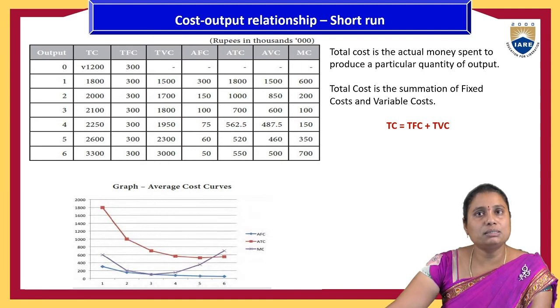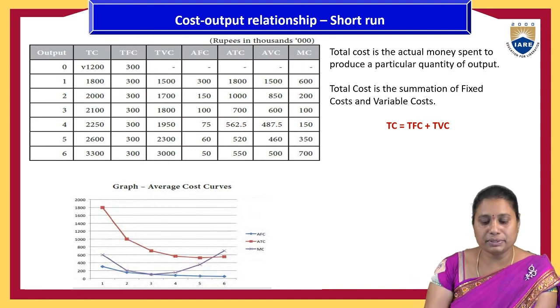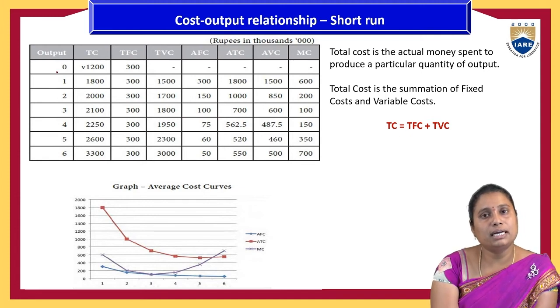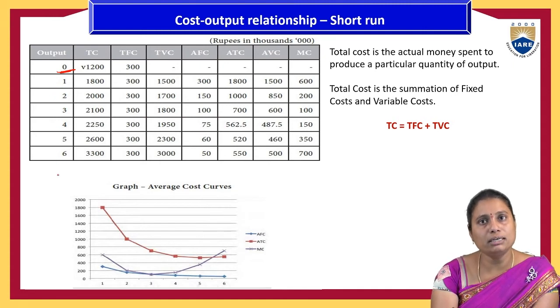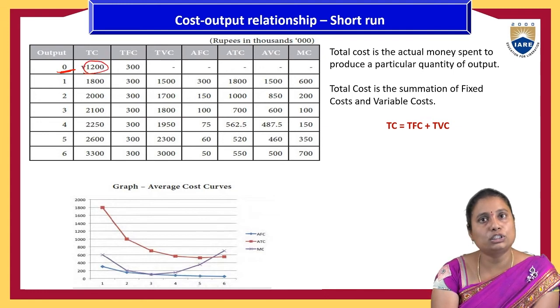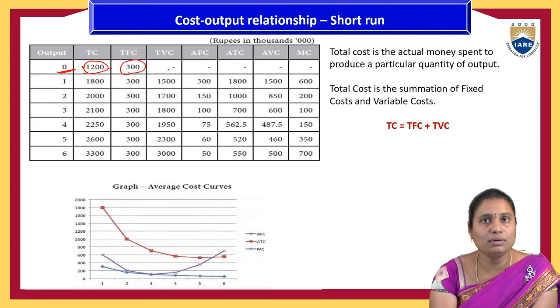If we observe this tabular representation, the output level at the base level, assume it is a base, and the next levels of increasing quantity are explained with 1, 2, 3, 4, 5, 6. At this base level, the total cost incurred for the product is 1200, which includes 300 rupees of fixed cost. The remaining is variable cost. If the output is increased to 1, then the total cost is increased to 1800, and here one variable